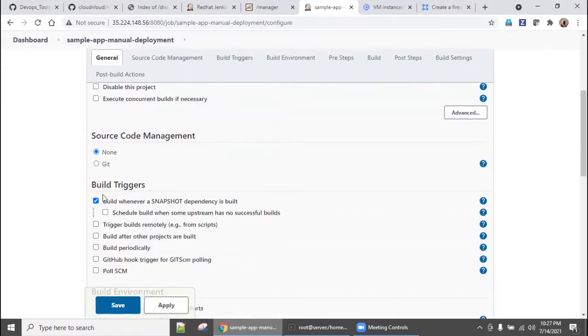Come down. There is Source Code Management. This is what we discussed in a couple of classes, how to design. First you need to decide what the tools are. You need source code management, one monitoring tool, one deployment tool, one infrastructure as code tool, one CI tool, one development tool.